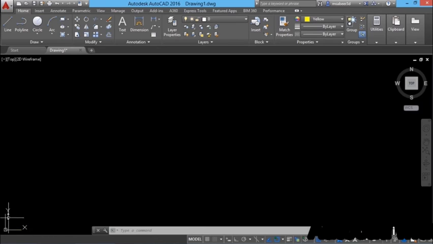If you want to see the UCS icon exactly at the actual origin point, you can give a command called UCSICON. And you can select the Origin option. Just click on Origin. Now the icon will sit exactly at the origin point. Now from this, it's clear that you have brought all the 4 quadrants within the screen.